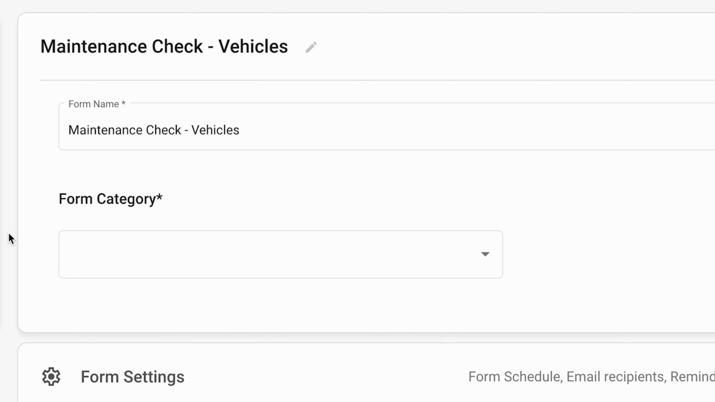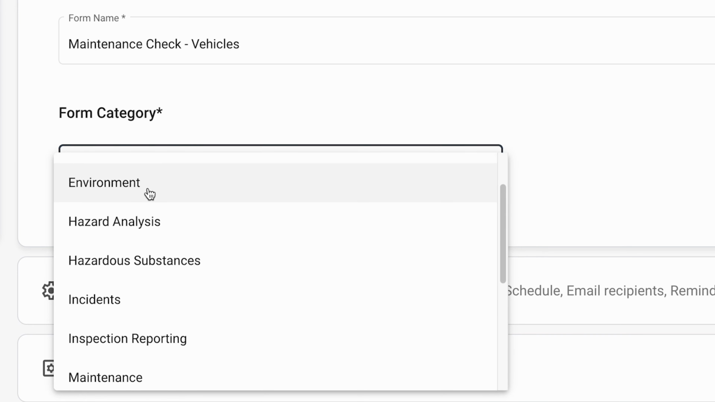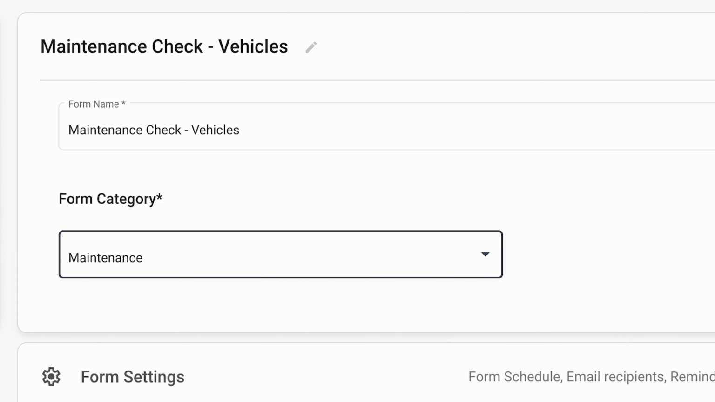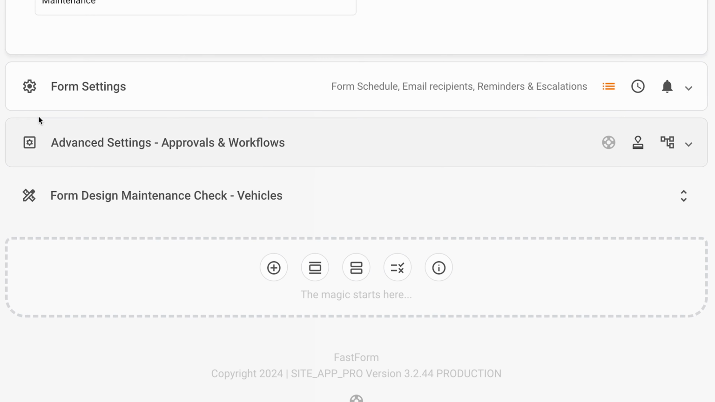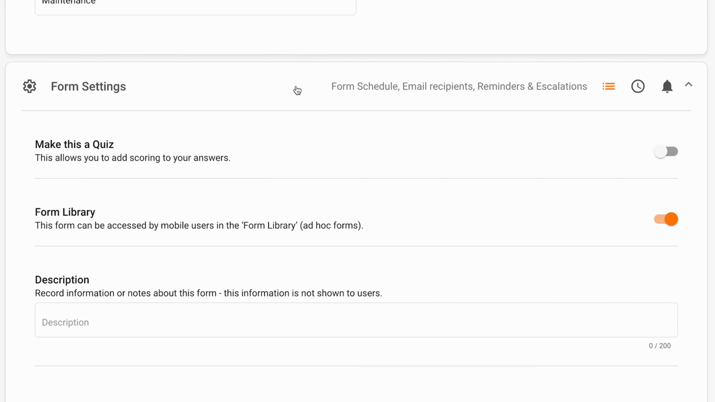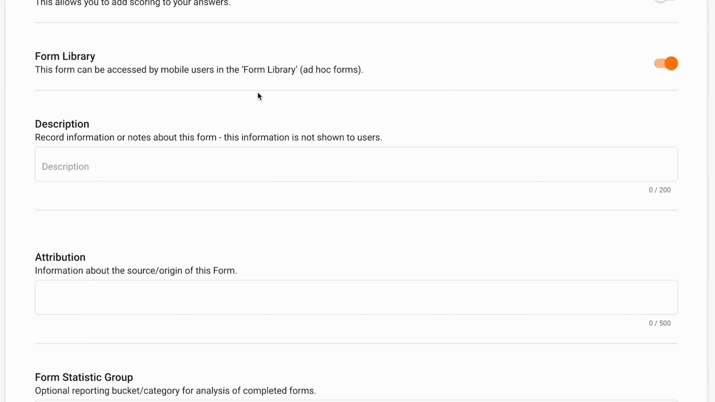Then, just select the form category, and this will allow you to find the form a little bit easier in your reports and on the mobile app. From here, we want to customize our form settings. So go through, write a brief description of the form,